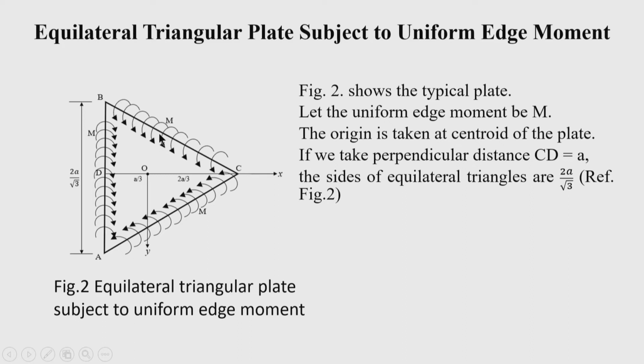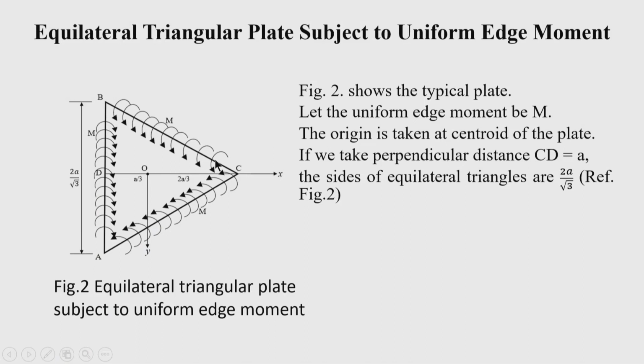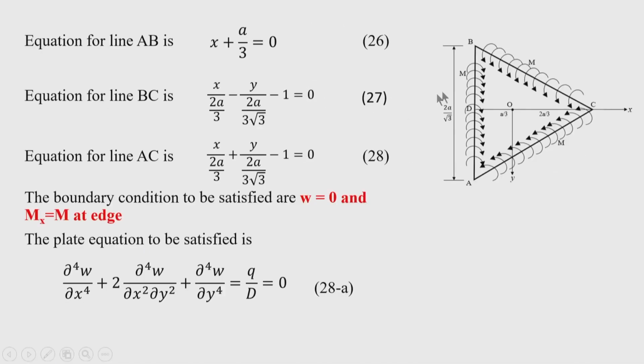So, one boundary condition is that along all edges the deflection is 0, and the second boundary condition is that the bending moment normal to the edge is equal to m, not 0, because the moment is applied. All right. Now, let us see how we can formulate the problem. Okay. Now, you can see